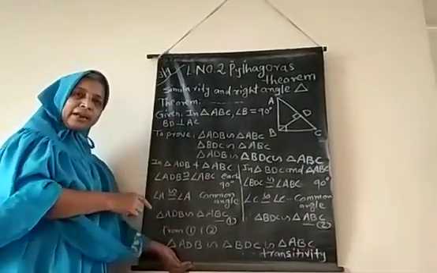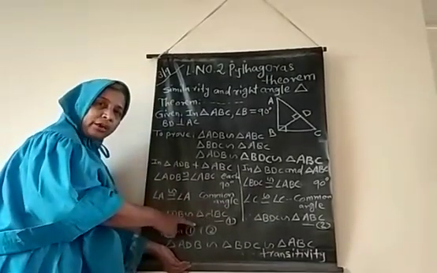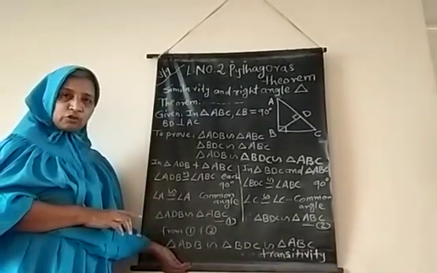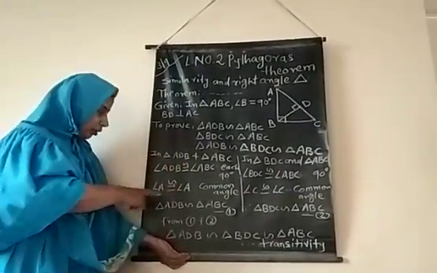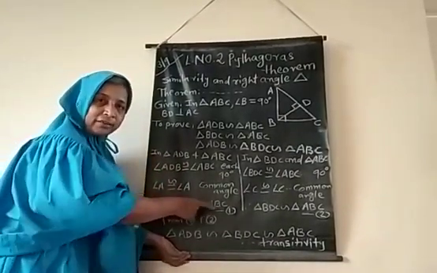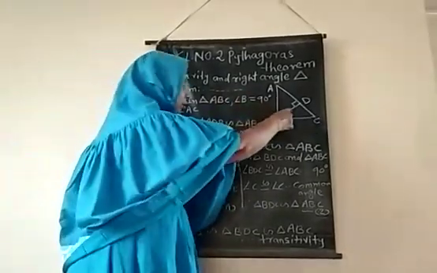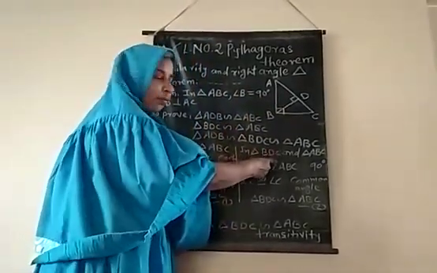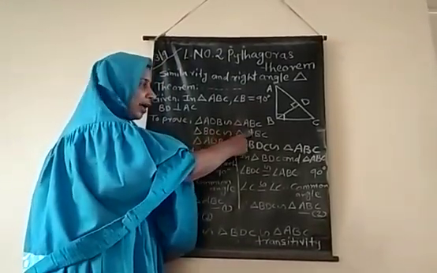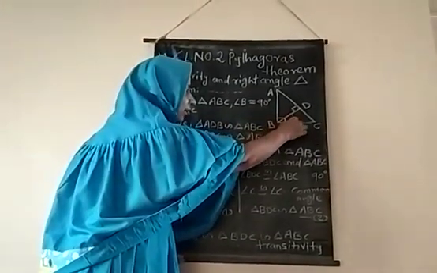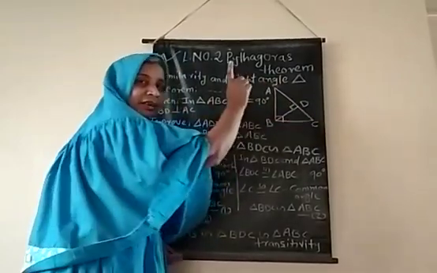In similar triangles, the angles are congruent, but the sides are proportional. So here we are taking only the angle criterion, that is, the angle test, and the triangles are similar. Now, in the second half, we are considering the second pair. Next pair, BDC and ABC. This BDC triangle and ABC triangle.